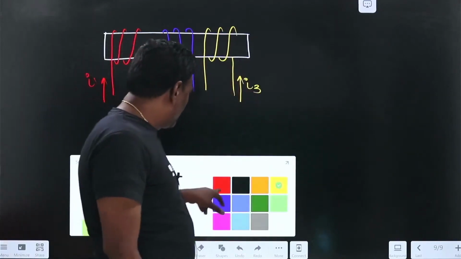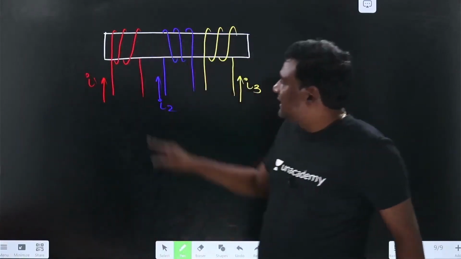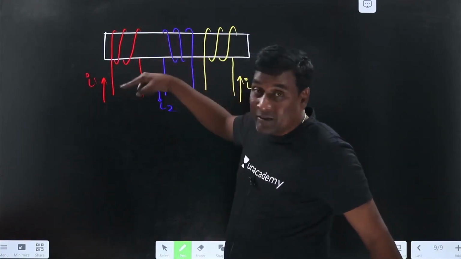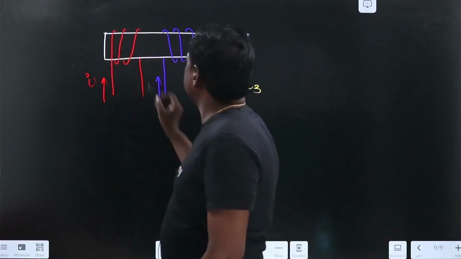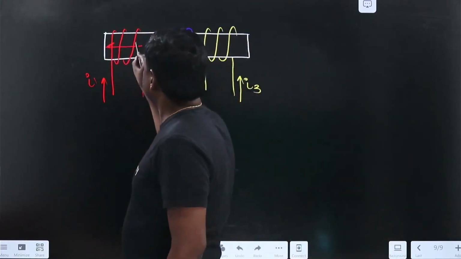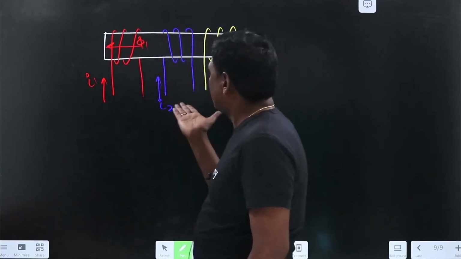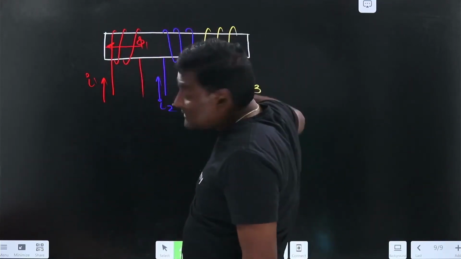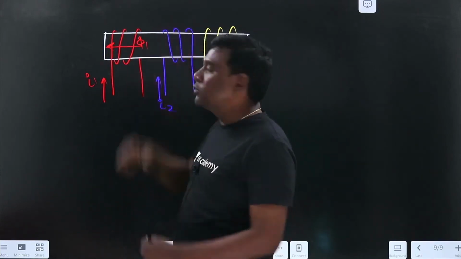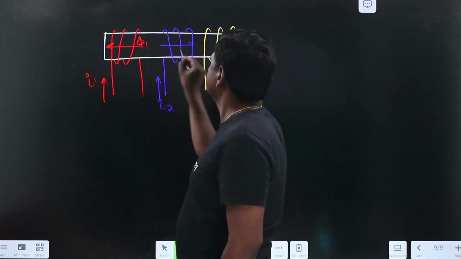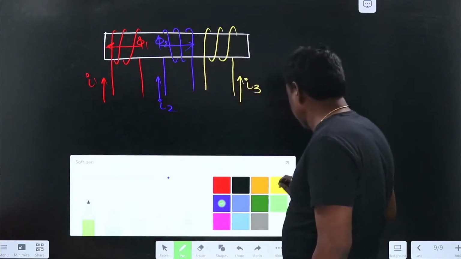Okay, we have to identify the direction of fluxes. See here, my current is like this, sense of the winding. So my pi 1 is in this direction, right? And if you see blue, I2 is in this direction, in opposite direction. See, my winding, sense of the winding or direction of the winding is like this. So pi 2 should be in opposite direction.